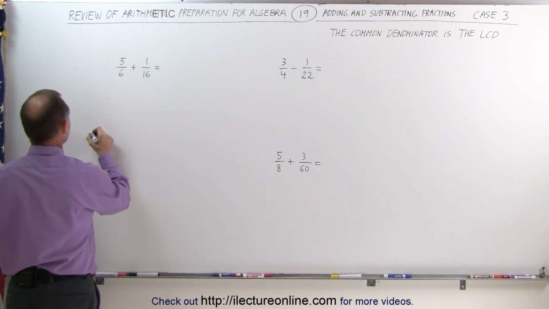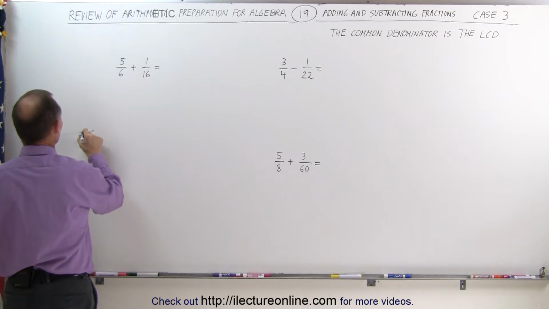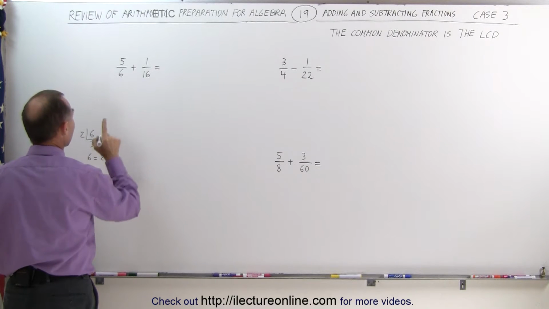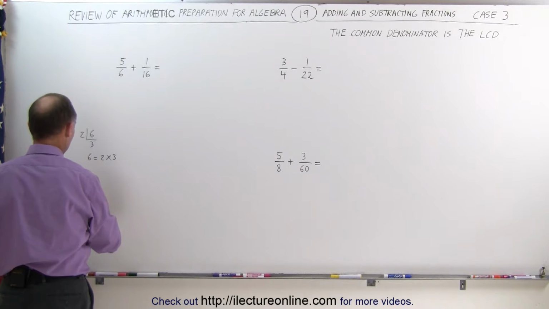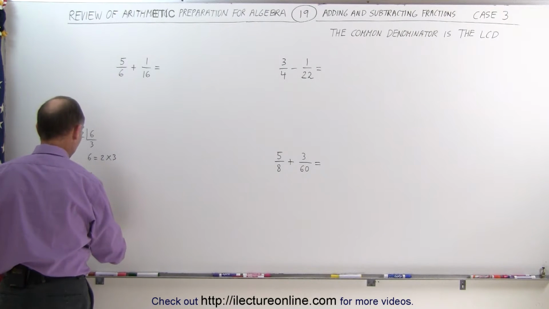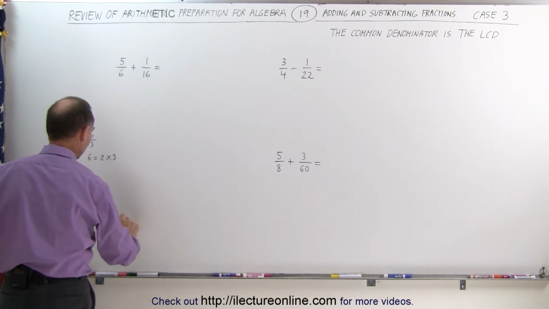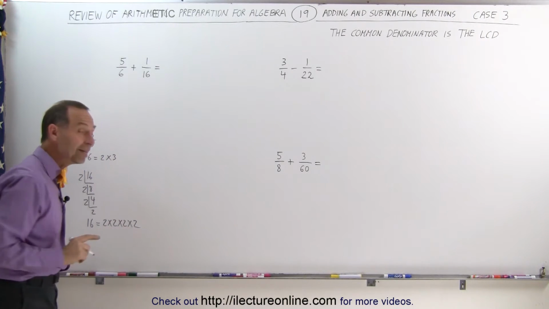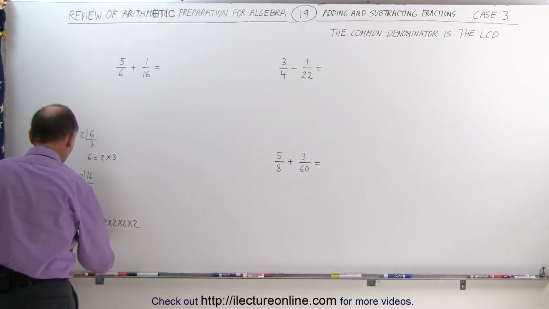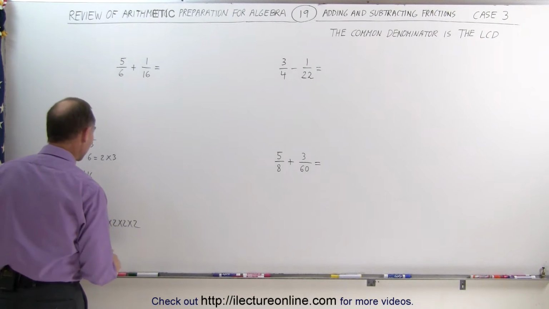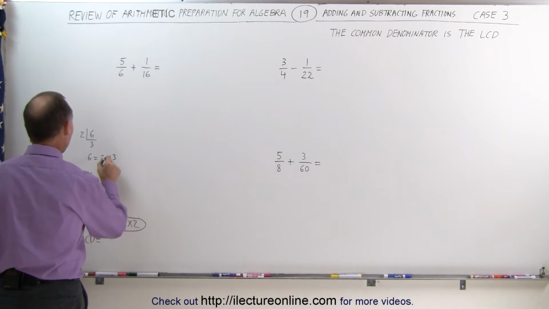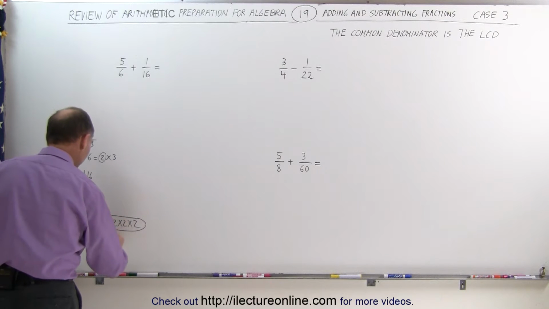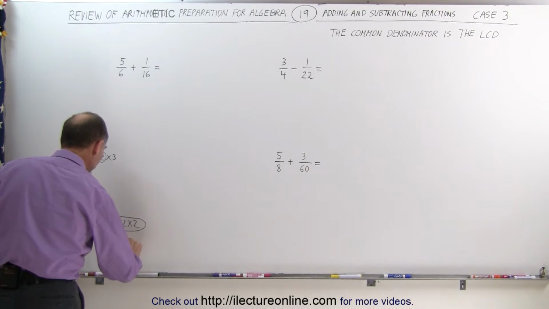In other words, 6 can be written as 2 times 3, so 6 is equal to 2 times 3, and 16, when I divide it by 2, I get 8, divided by 2, I get 4, divided by 2, I get 2, or 16 can be written as 2 times 2 times 2 times 2, which means that the lowest common denominator can be found by taking the largest number of the same factor. So here I have 4 2's, and I have 1 2 here, which means I take the 4 of 2 times 2 times 2 times 2